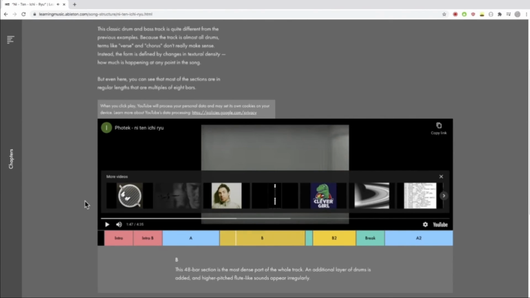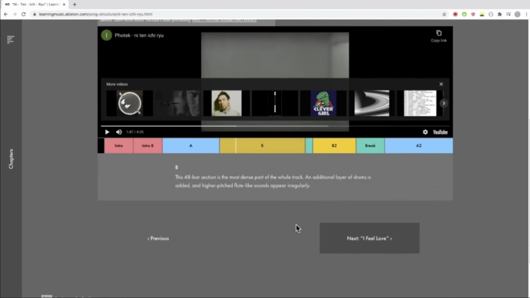Okay, so they've added in some vocal samples and kind of varied up the drums a little bit. It would probably be a bit of a boring song if that A section just continued all the way on and it was exactly the same. So it's a good lesson in how to vary things up by taking things in and taking things out, and that way you can create a bit of interest and variation in your tunes. All right, let's have a listen to the next one.